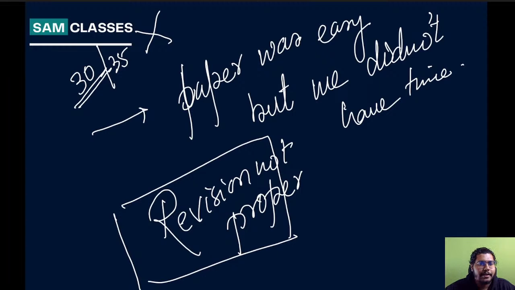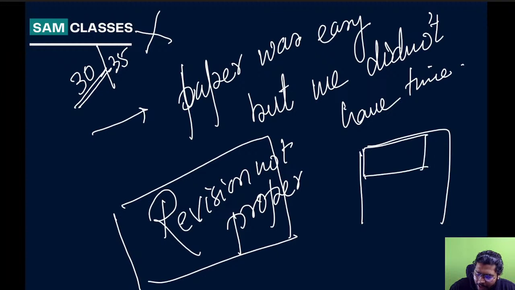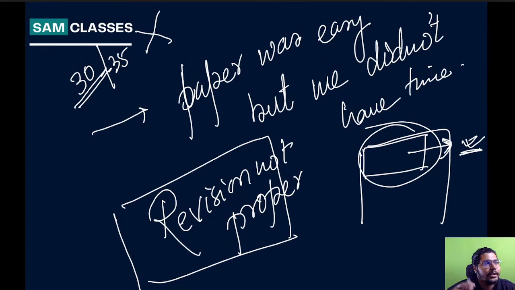I subconsciously waste time. I'm aware of what is important, but I subconsciously... See, you have to make yourself more aware, Vintage. Being aware is one thing, and working on that every second is another. Make yourself a small chart that in this 1 hour, I have to get this thing done. The moment you are not done, what will you say? Oh, then it is a waste of time. I gave myself 1 hour and this should be finished. If not, it means somewhere or the other, I am not being honest.